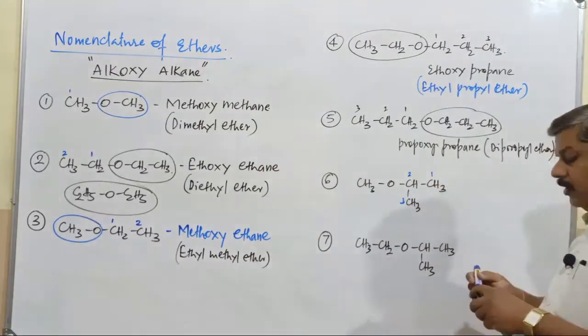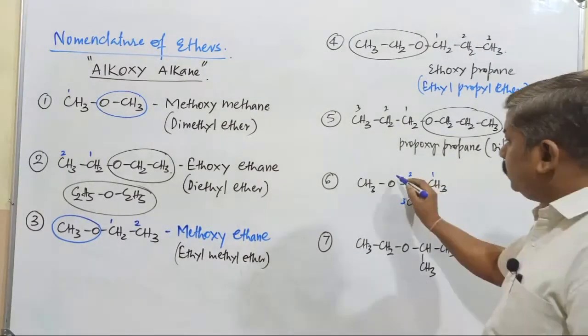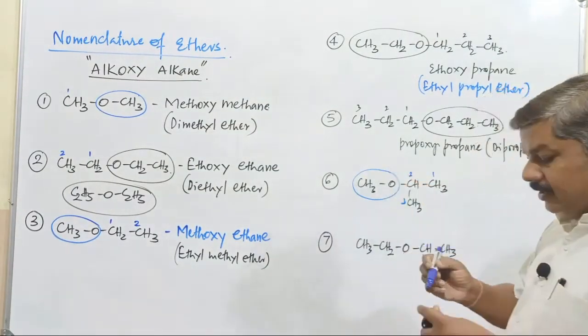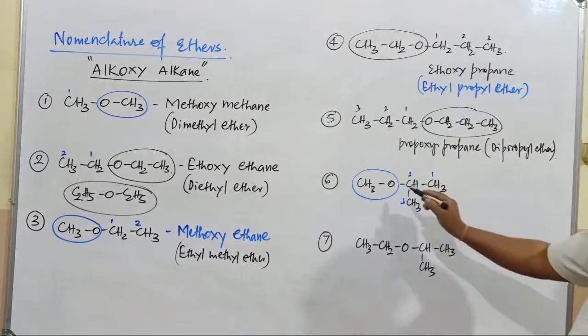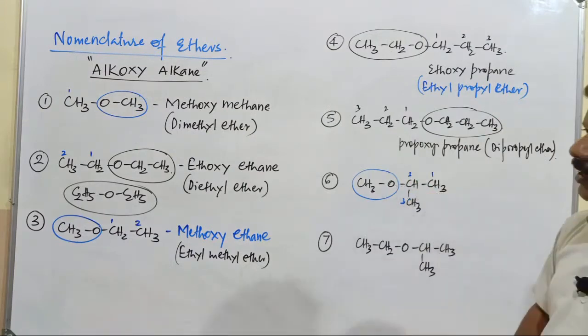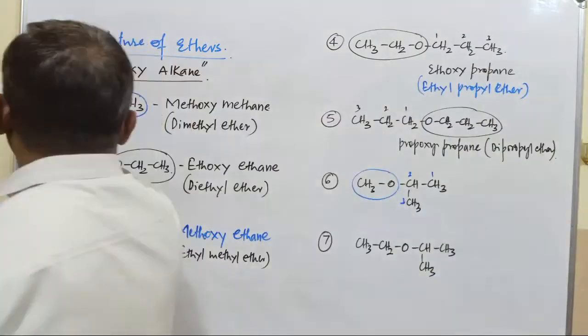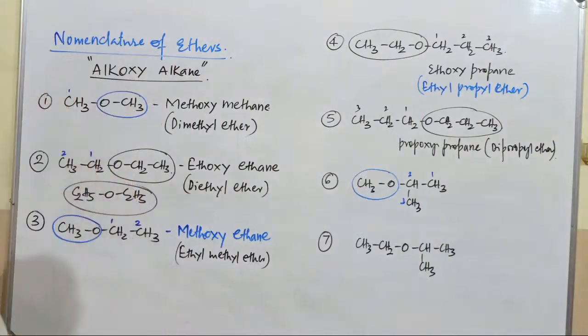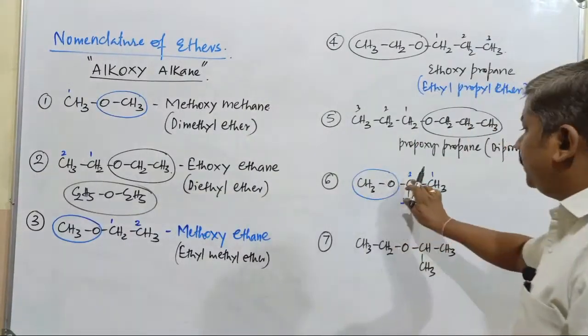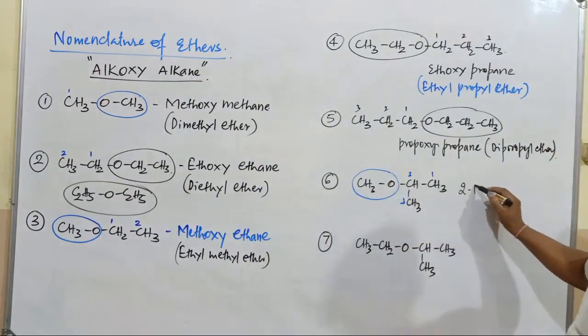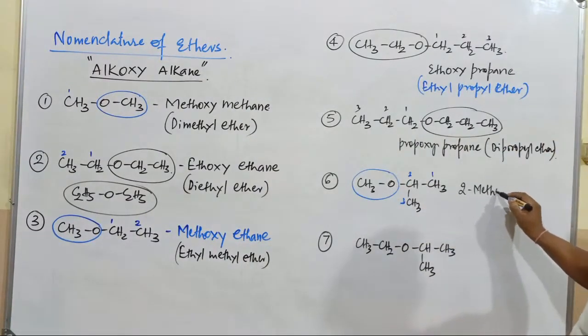That makes no difference. Now this group is commonly known as what group here? CH3 with oxygen atom. It is methoxy. But a methoxy group is present here. You can observe this is also a methoxy group. It is present on the first carbon atom. So just as I mentioned, methoxymethane. But here the methoxy group is present at the second carbon atom. So we should write this as 2-methoxy.